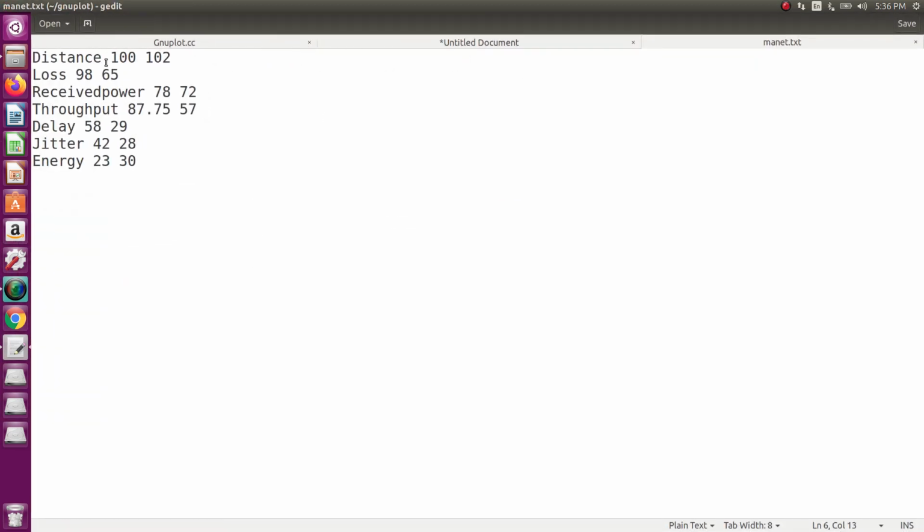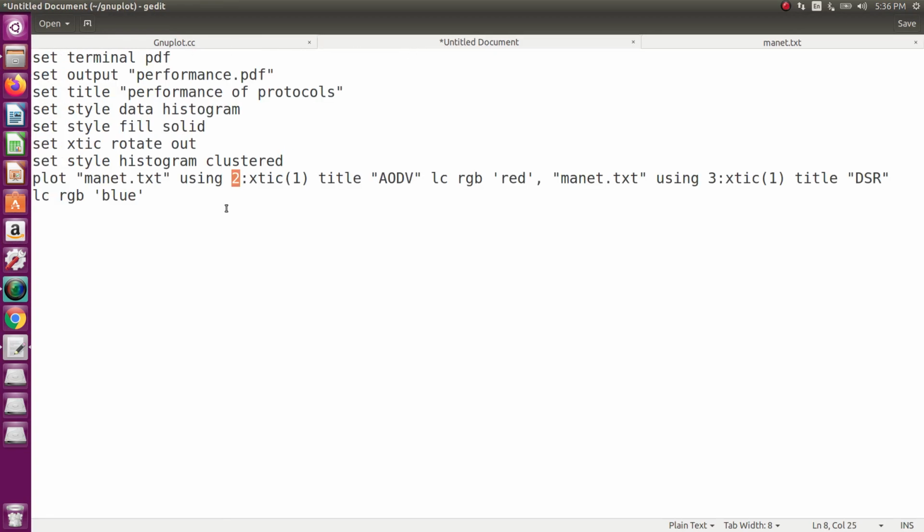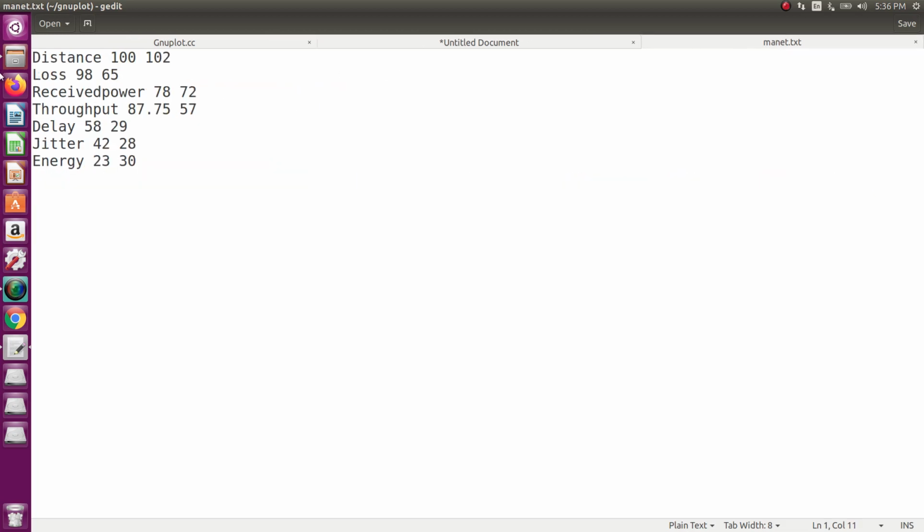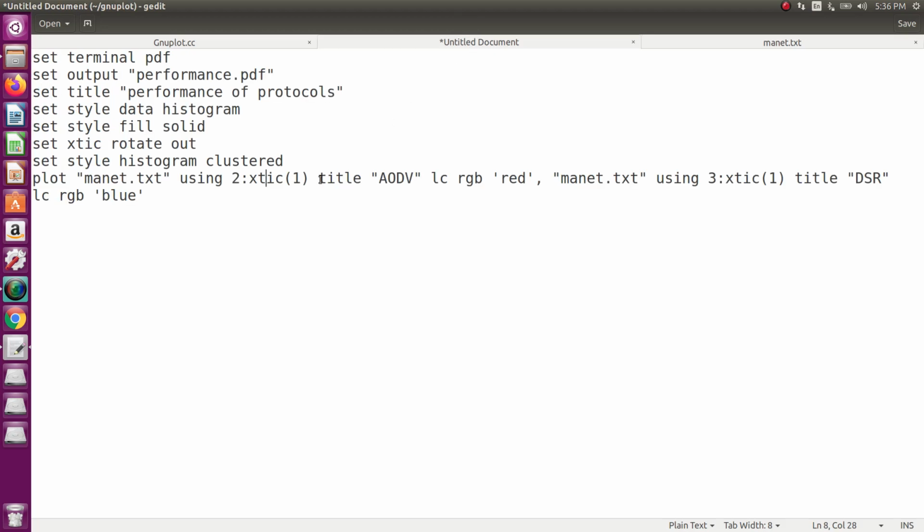The second column is AODV data, so that's why I am using the second column, with xtick. xtick means the first column data: distance, loss, received power, like that. Title is AODV. Then the next, color, I use RGB red. Whichever you want you can use, otherwise you can delete that and it will be taken automatically. This is for AODV.